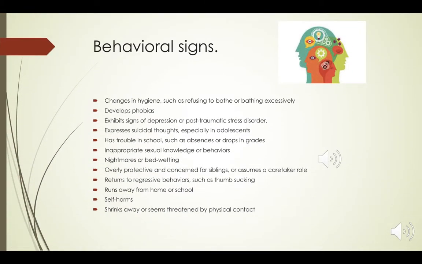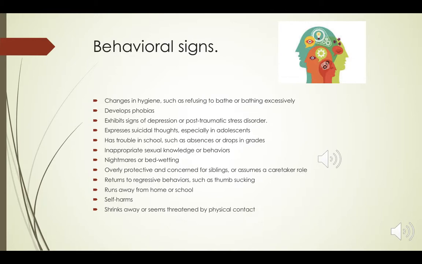Behavioral signs that a child has been sexually abused: changes in hygiene, such as refusing to bathe or bathing excessively, developing phobias, exhibiting signs of depression or post-traumatic stress disorder, expressing suicidal thoughts, especially in adolescence, having trouble in school,